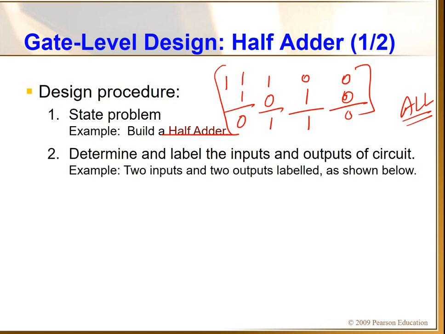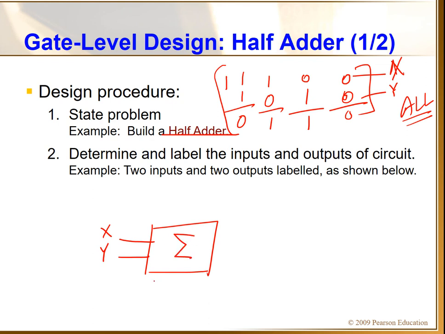We call this a half adder because we are just going to add two binary inputs. One input is X and another input is Y. Let me draw the block level of this. I have two binary inputs, X and Y, and you want to add them, summation, addition. So we are just going to add them. What is our result? We will get a sum.